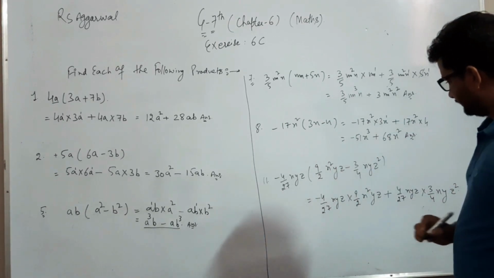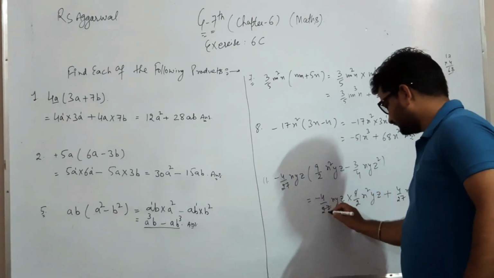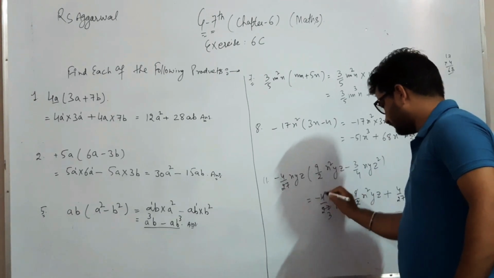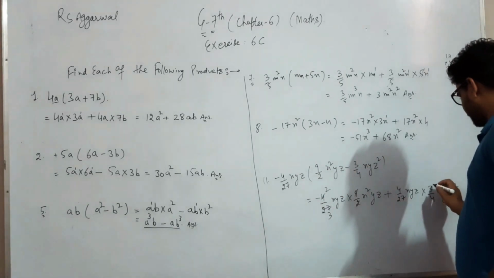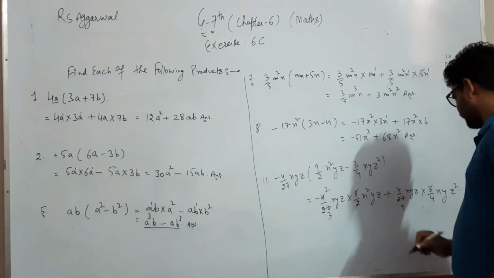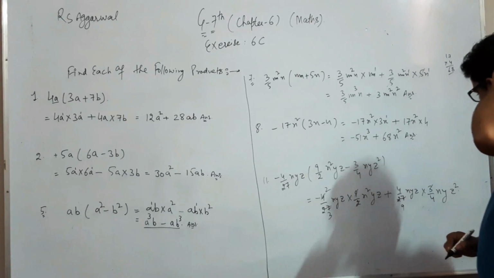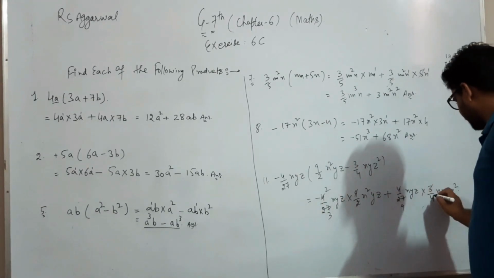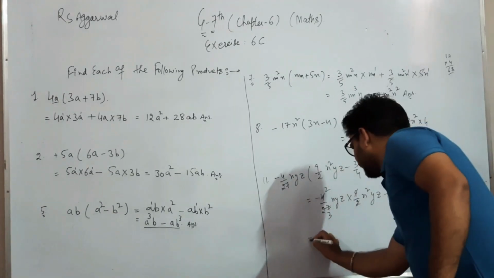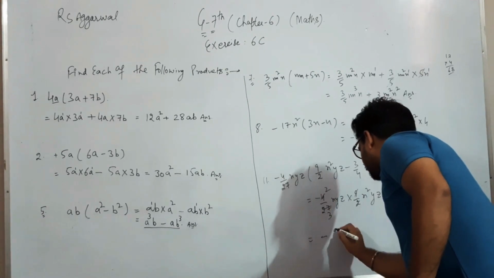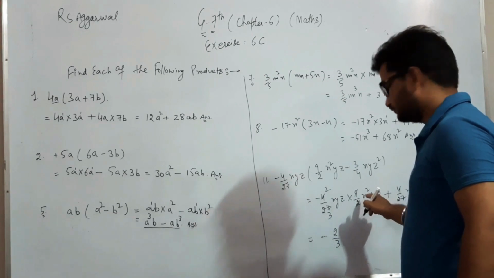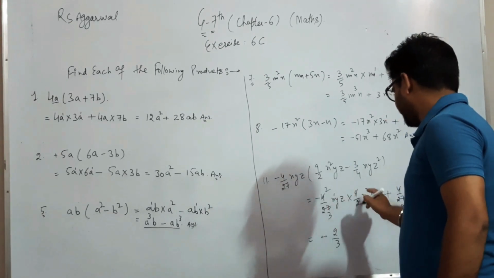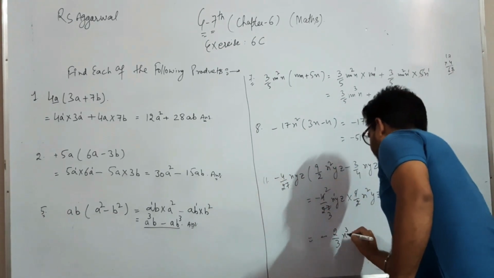Okay, so now we cut here, 9 times 3 is 27, 2 to the 4. And here we cut 9 times 3 is 27. So here 4 4 we cut. So what is left here? Here left the minus and 2 divided by 3. Then x, here the x raised to power 2. So x raised to power 1 we write. Then x raised to power 3 we make.